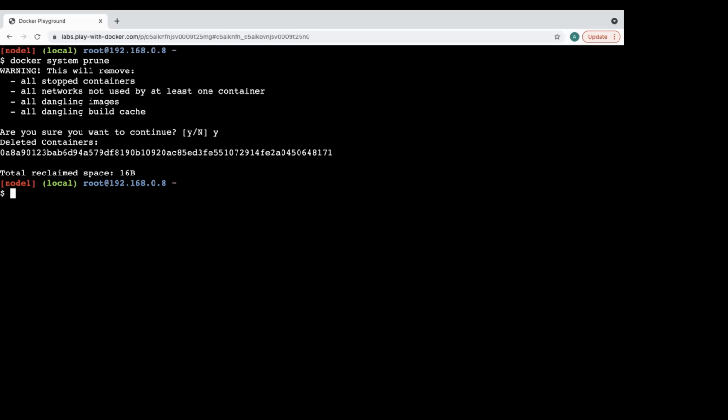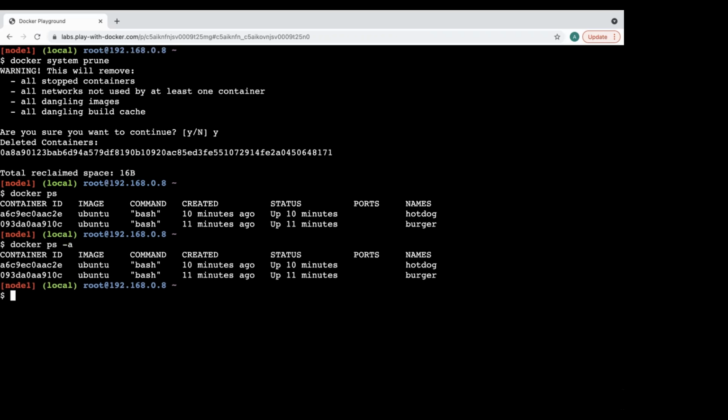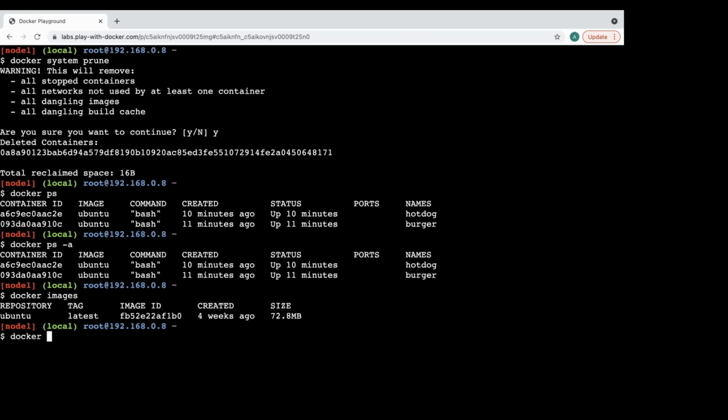It won't touch anything that is running. Yeah. Okay. Just say docker ps to confirm. Yeah. Just say docker ps -a. Nothing is there, right? But you still have an image. So if you type docker image, just type. Yeah. Now let's pull one more image, CentOS. Just say docker pull centos.